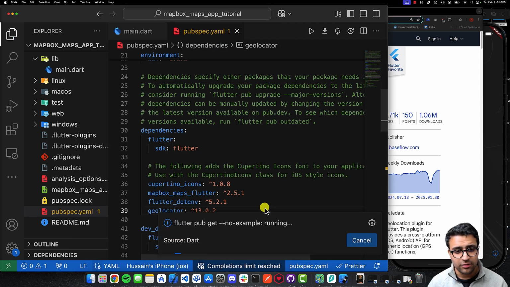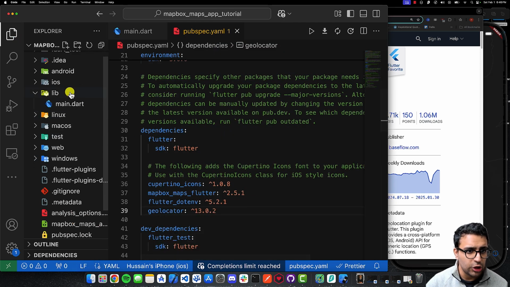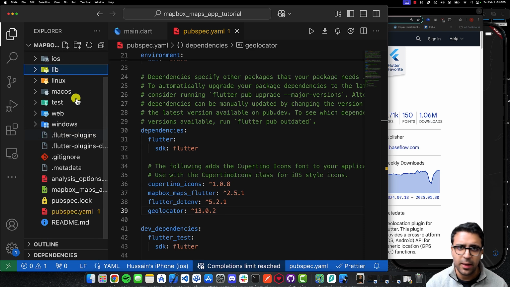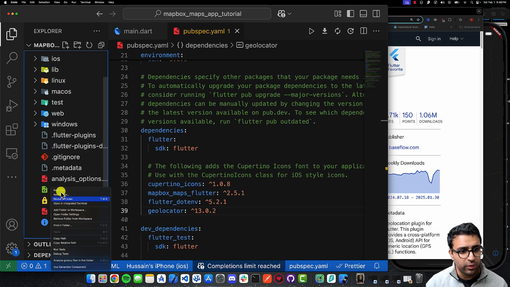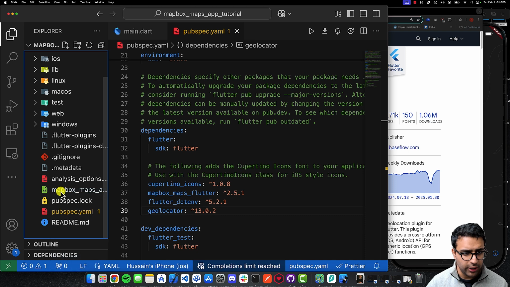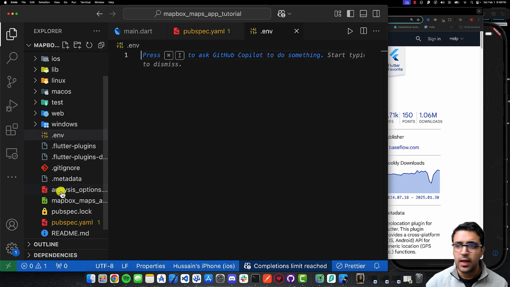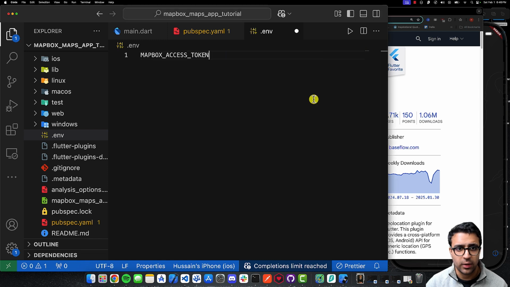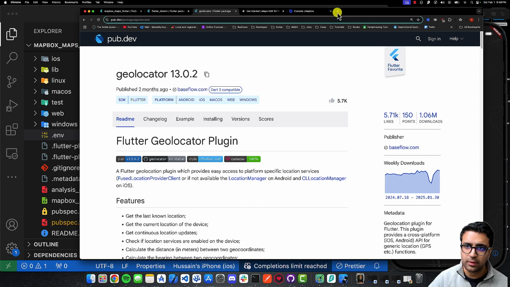With this done, the next thing that I'm going to be doing is quickly creating the .env file, which is going to store our Mapbox API key. So within the root of my project, I'm going to create a new file. I'm going to call it .env. And then within this, I am going to basically define the Mapbox access token like so. And then what is the value for this going to be? Well, to get an access token for Mapbox, what you can do is come to firstly